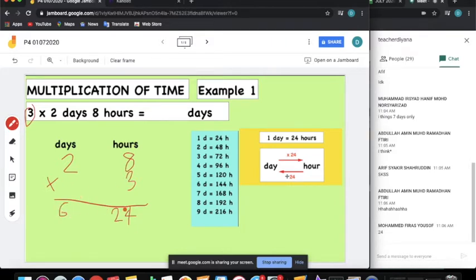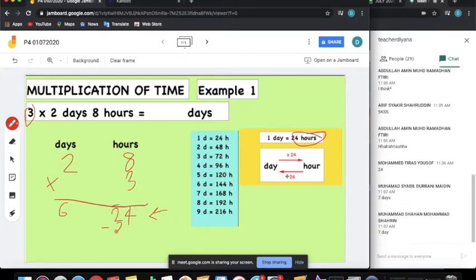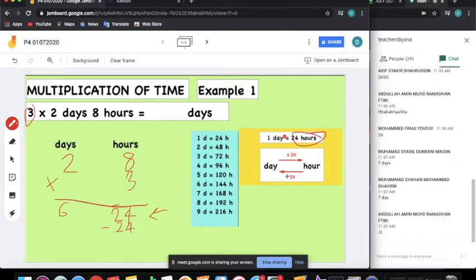But, P4, you cannot end your final answer like this. Like I told you, look back at your notes. Teacher, 1 day equals 24 hours, right? So you look at your hours. You can convert this one, bring to the days. Like we learned before during addition, you convert. How do you convert? So teacher, I take. Good job. You minus 24 here, but 24 equals 1 day. So, when you minus 24, that means you bring 1 day here.